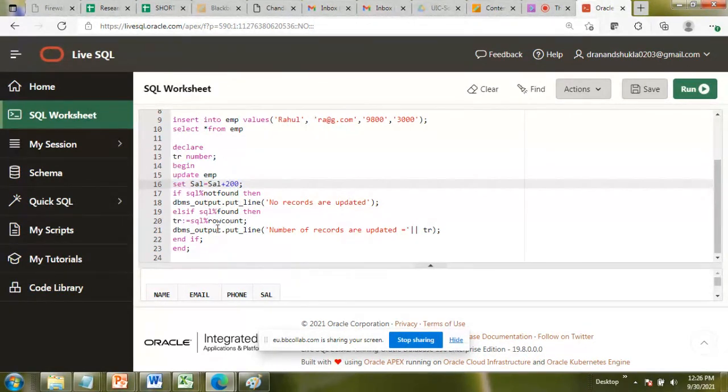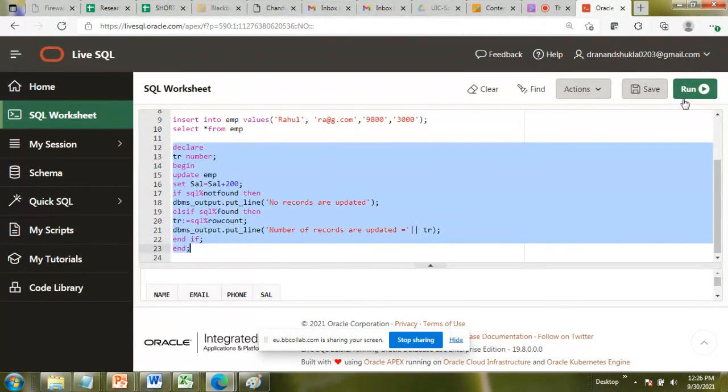Okay. So let me execute first, then we'll discuss. So declare is done, begin, update EMP, that's fine. Salary you are going to increment by 200. If not found, then take. So let me execute this first.